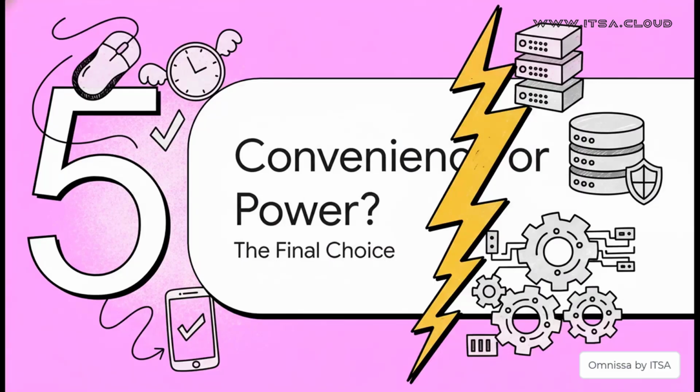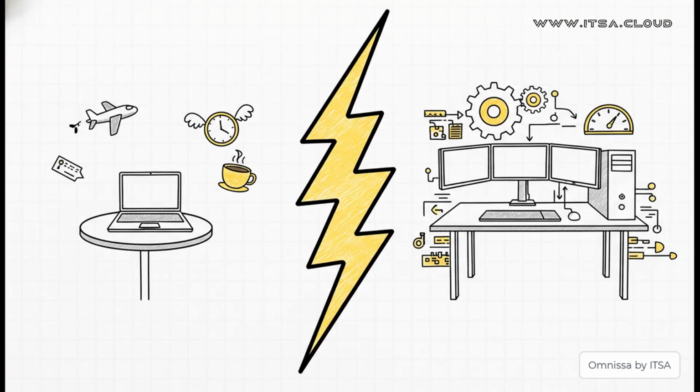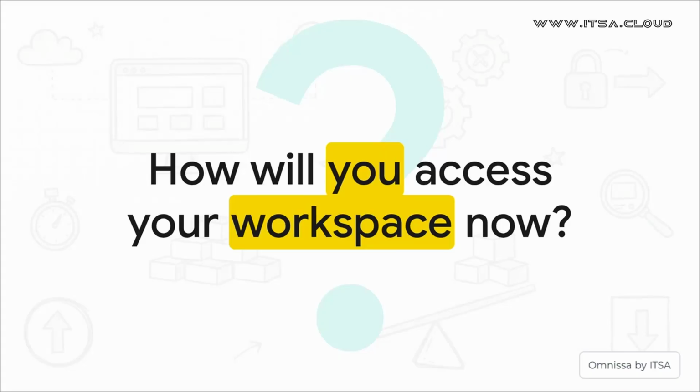So after all that, we've kind of come full circle, right back to that central question. It's the classic battle, convenience versus power. The choice is ultimately yours, and it's all about what you need in that moment. On one side, you've got instant zero-install convenience from literally anywhere. And on the other, you've got the full-featured, dedicated power of an optimized experience on your main computer. Look, the Horizon Web Client isn't trying to replace the native client. It's a powerful and incredibly useful alternative. Each one has its time and place.